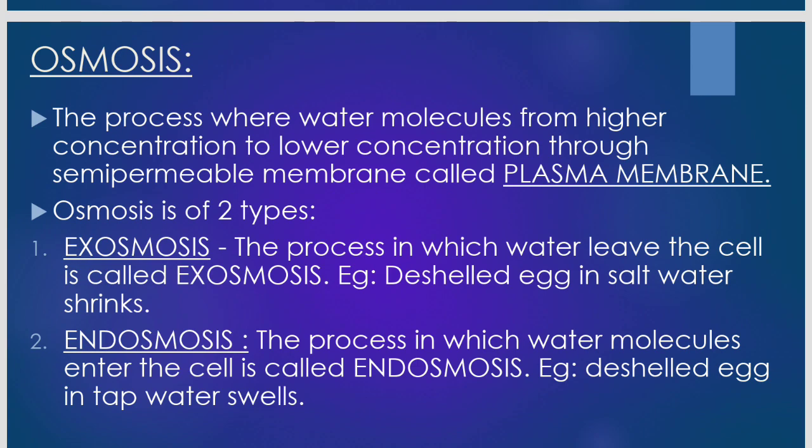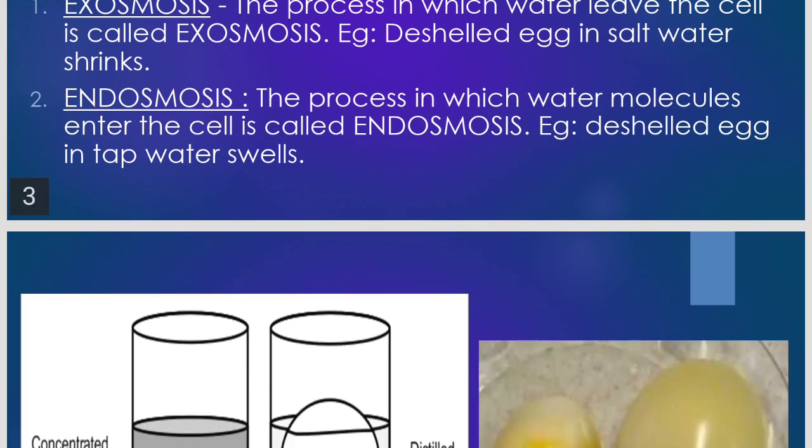So for endoosmosis, I can give you another very good example: raisins, dry fruits. You must have observed your mothers putting them in water, and after some time they swell. That swelling is because of endoosmosis. Similarly, shrunken vegetables, if you put them in fresh water, they become fresh. That is because of endoosmosis.